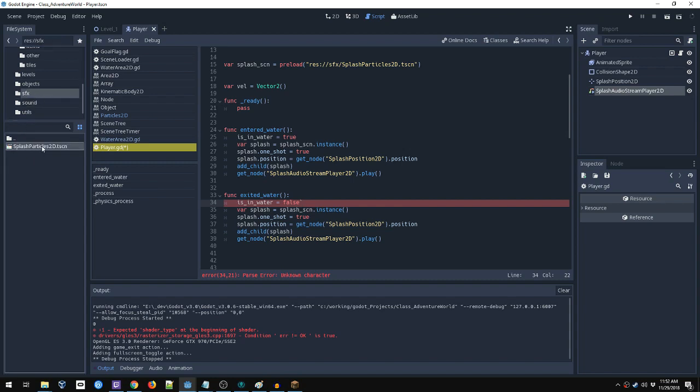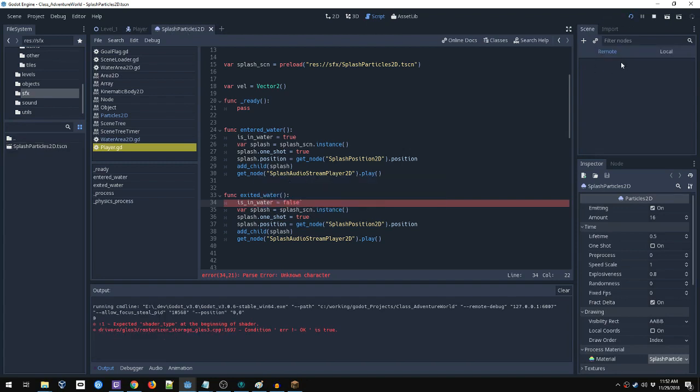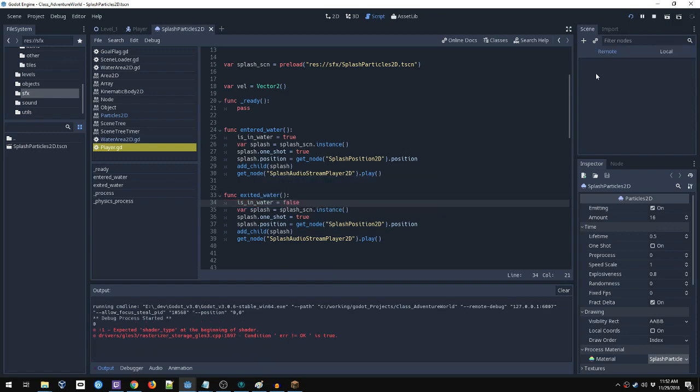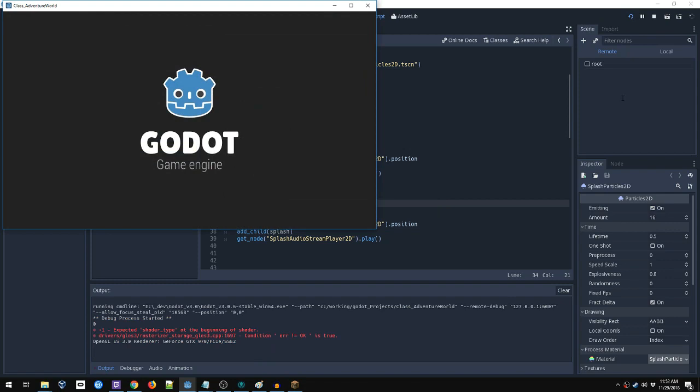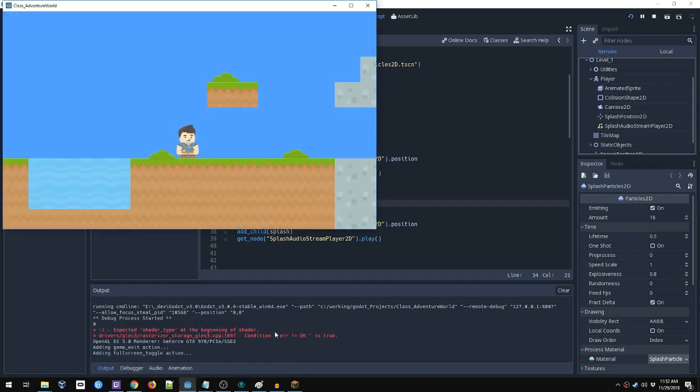One very last thing that I noticed before I release a video is that on my special effects here, my particle, we didn't clean that up. So if you watch the scene view live, let's do that real quick. So if we watch this live, what we're going to do is open up the player so we can see the nodes under the player, and then as I jump in and out of the water,